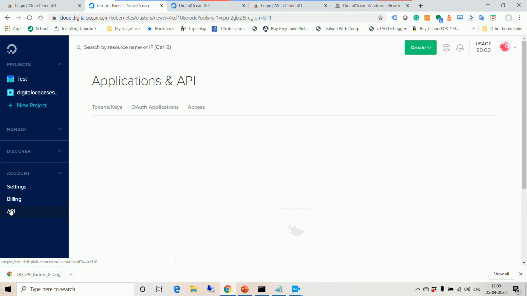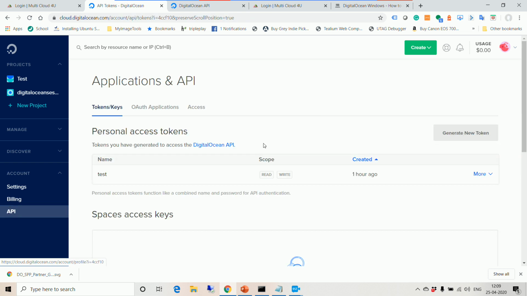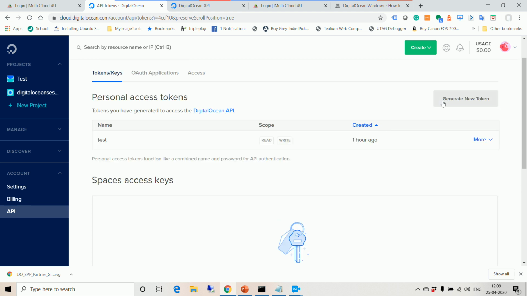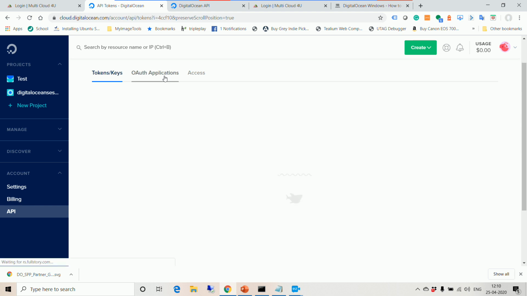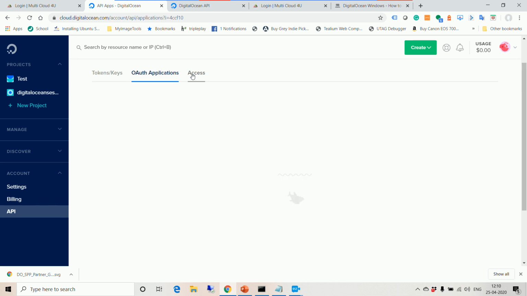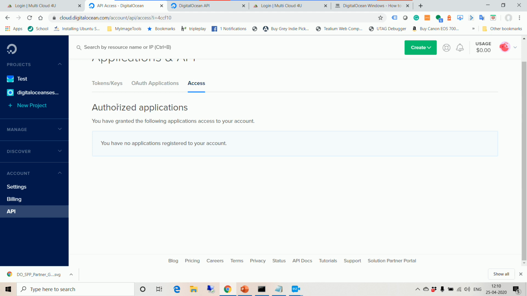Now I would come to the API to see the way you access the API on any other platform. You can generate multiple tokens. You can also define RAM access and work on it. Not as extensive as AWS or Alibaba Cloud or most of the major cloud vendors, but it will mostly solve your problem. For OAuth applications, you can bring in an OAuth tool and attach it with access. You can define your complete console and play with it.